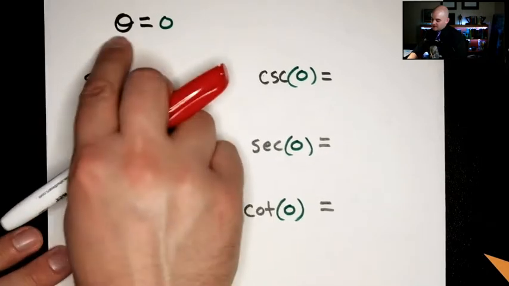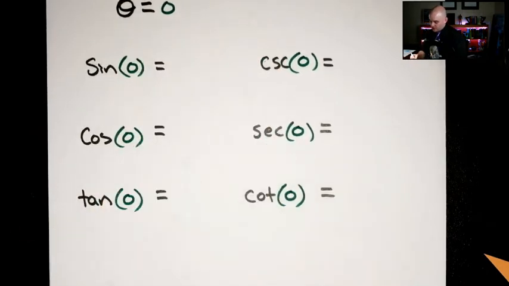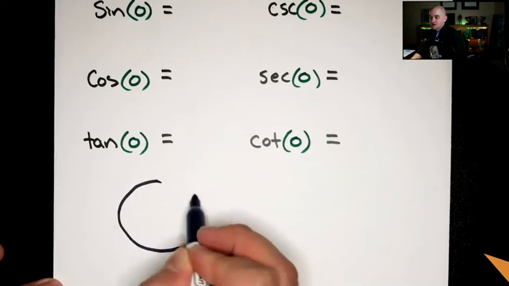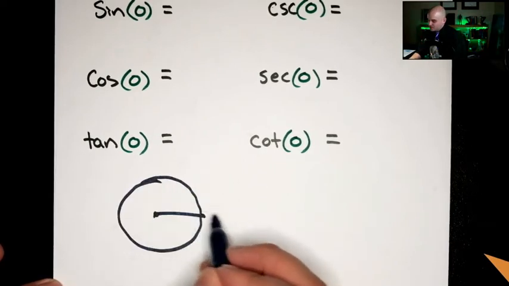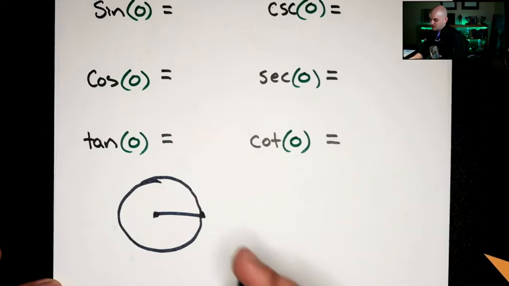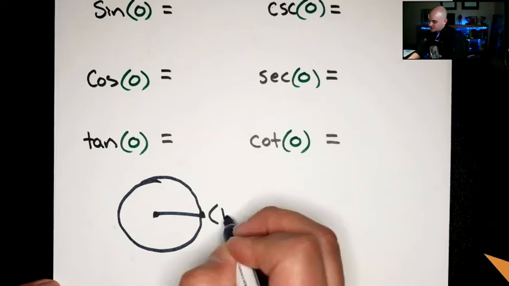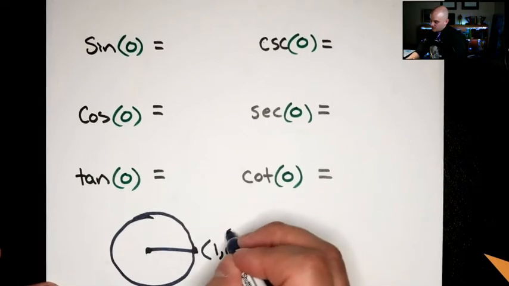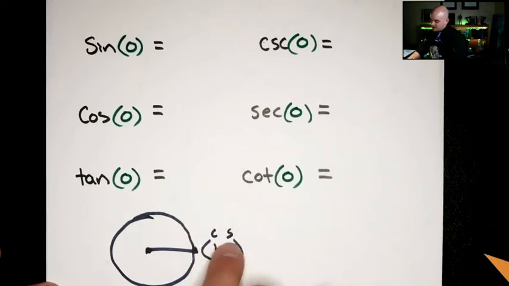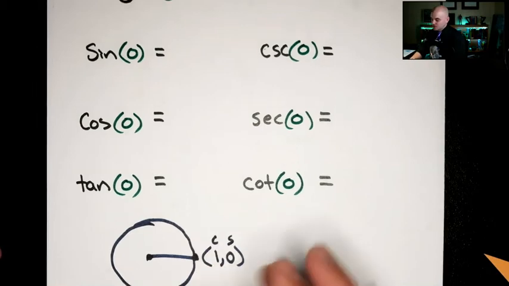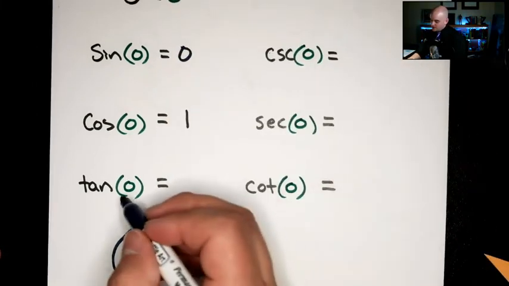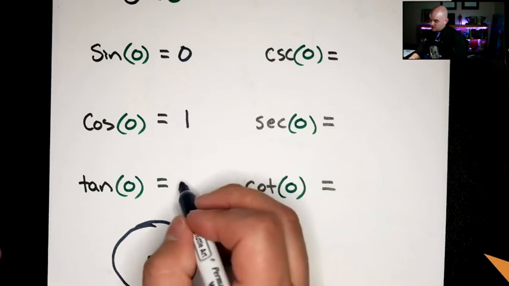So we've got theta equals 0 here. Remember that on the unit circle, it's going to be right there at the beginning where that initial side is. So there's my circle, here's my initial side, there's theta at 0. And remember my xy coordinate there is going to be 1, 0. So the sine value, remember, is your y value, and the cosine is your x value. It goes in alphabetical order. So cosine is 1, the sine is 0, and the tangent here is the slope of that line, which is